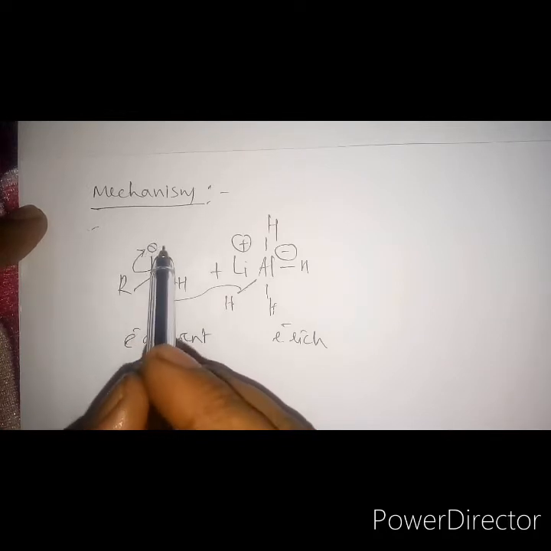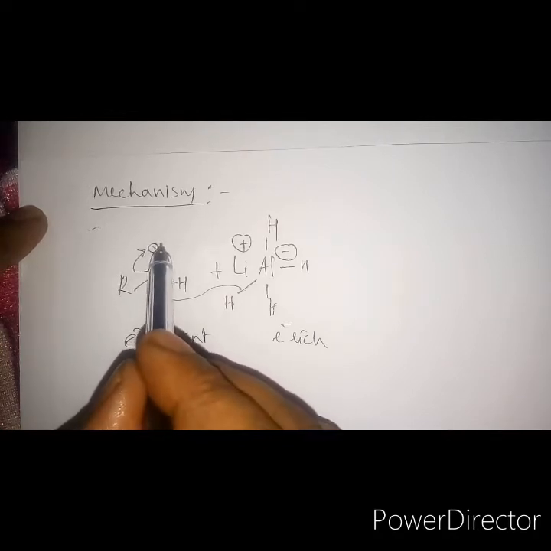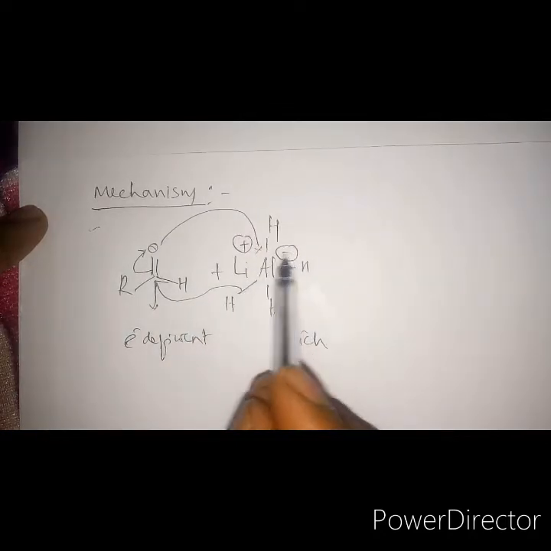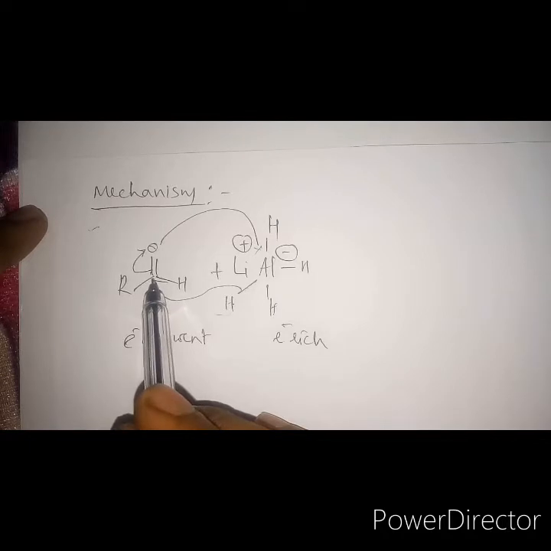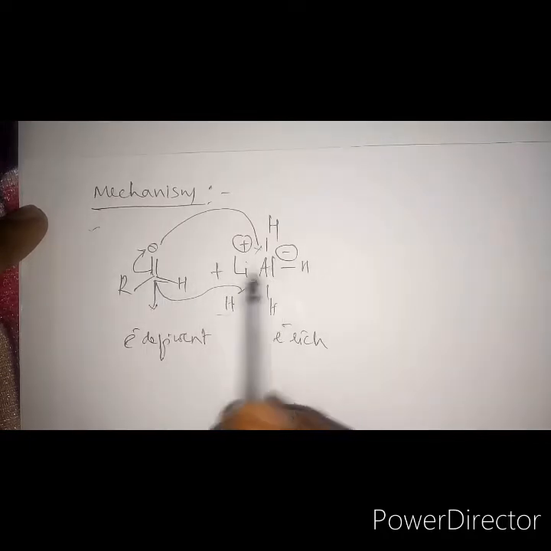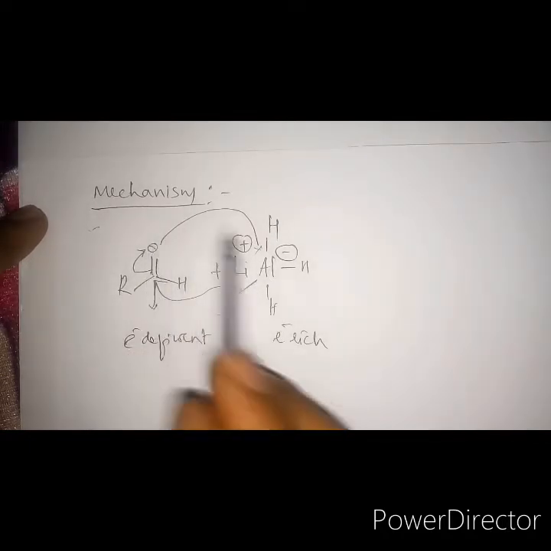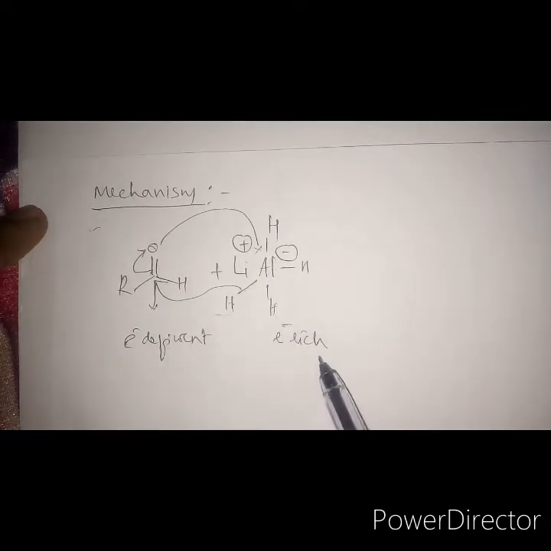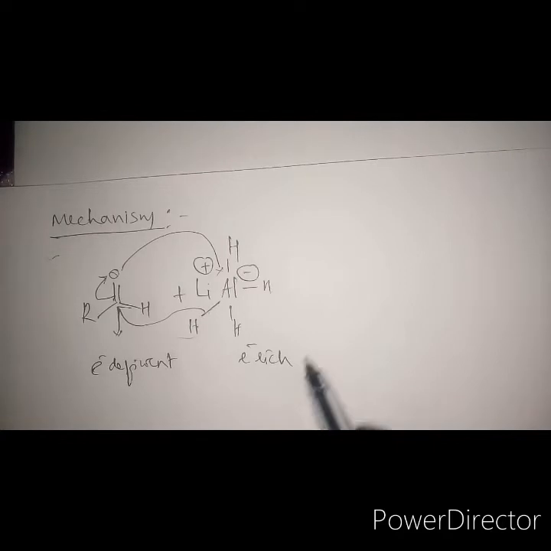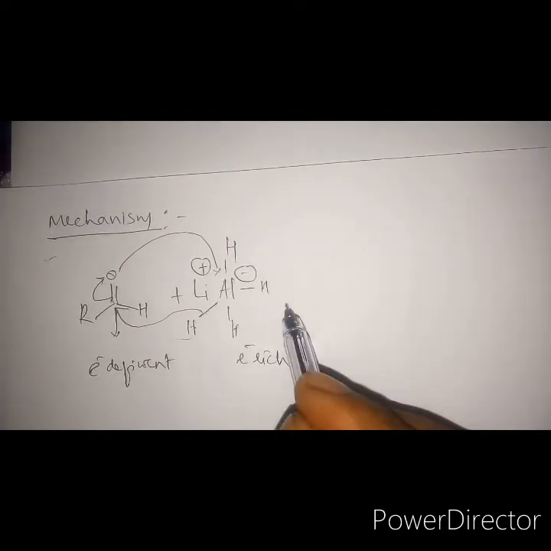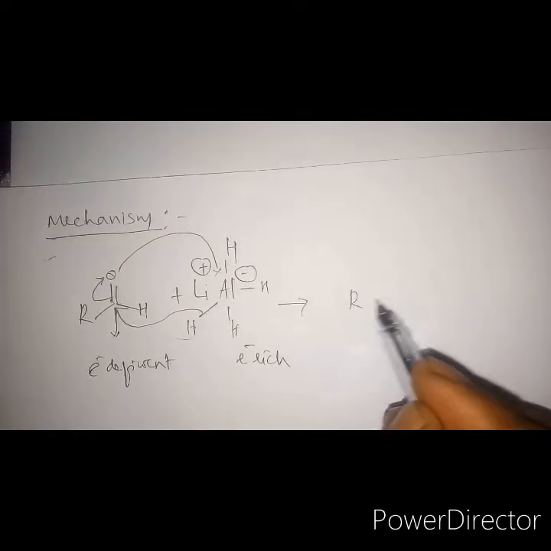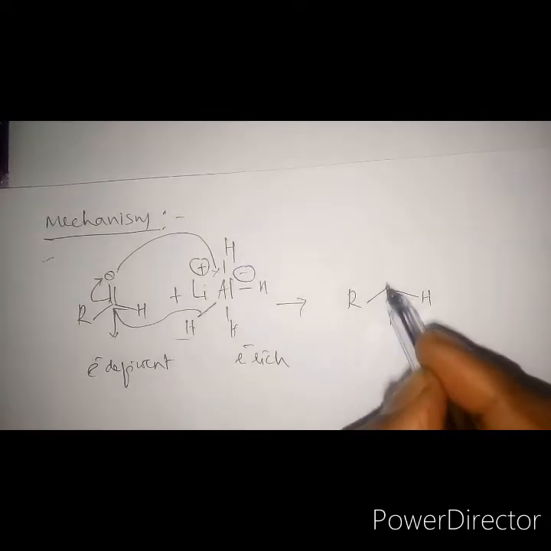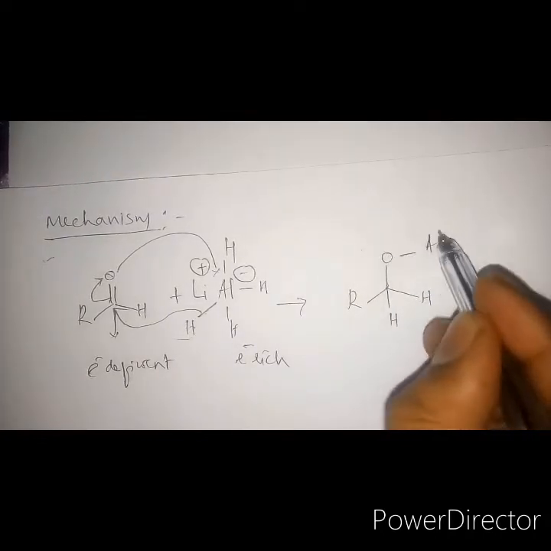Once oxygen creates a negative charge, this oxygen is attached to aluminum. Because the H minus, along with this electron, H will be shifted to here, so it will become neutral. So this minus will attack the aluminum. Aluminum is tripositive. So we will get our H, one H will be transferred. We have oxygen connected to aluminum.